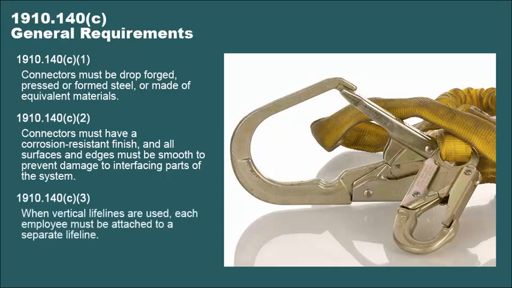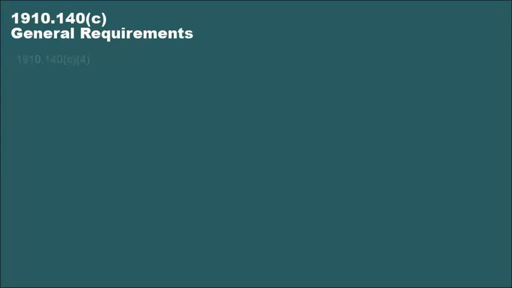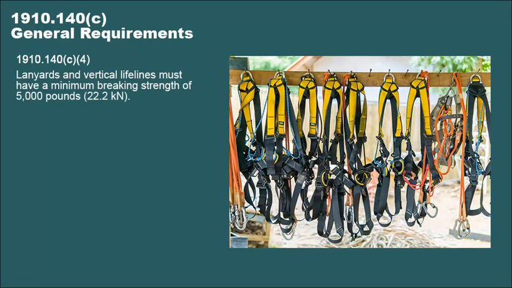1910.140C3 states that employees must be individually attached when using vertical lifelines, with an exception of people working on elevator shafts. When two people are working on an elevator shaft, they can be attached to one vertical lifeline. 1910.140C4 states the minimum breaking strength of a lanyard and vertical lifeline should be 5,000 pounds, or roughly the equivalent